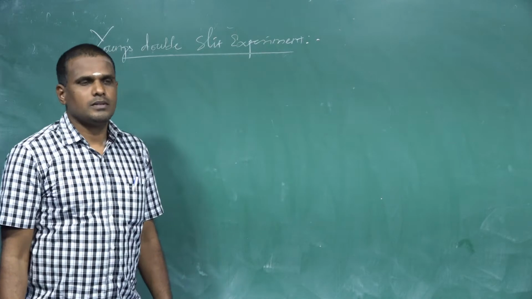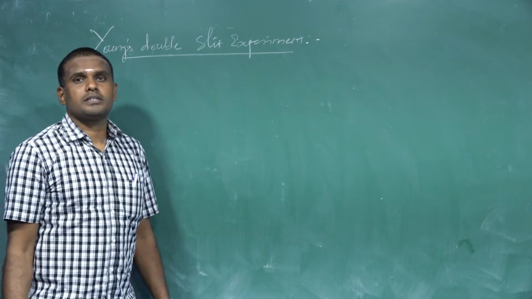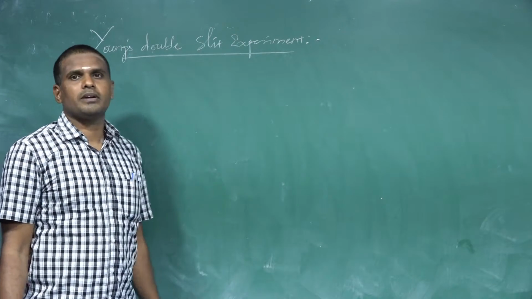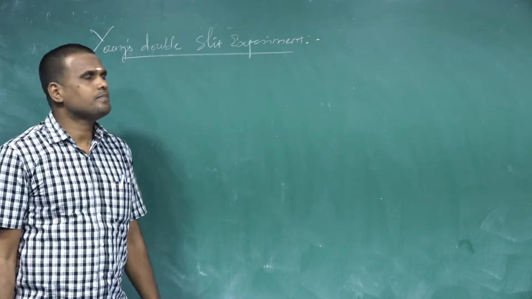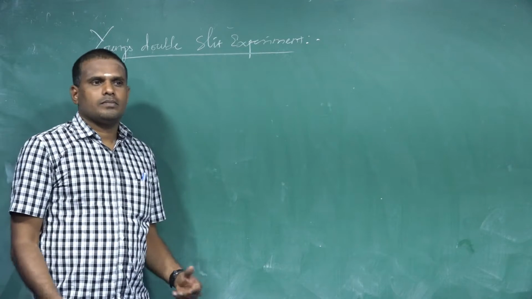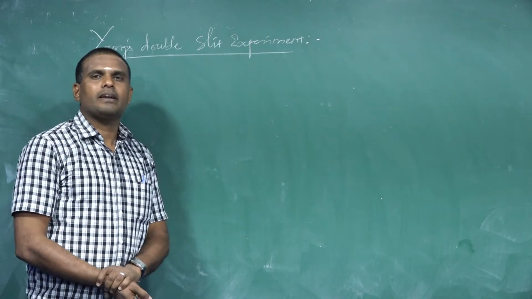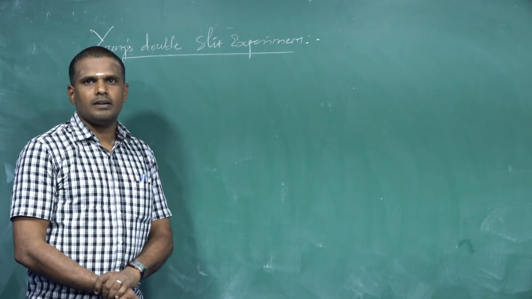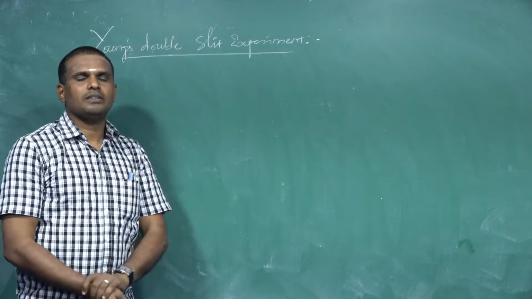Hello dear students. Today we are going to discuss Young's double slit experiment in interference of light. As you know, the condition for bright and dark fringes in the interference pattern has been discussed in the previous section,